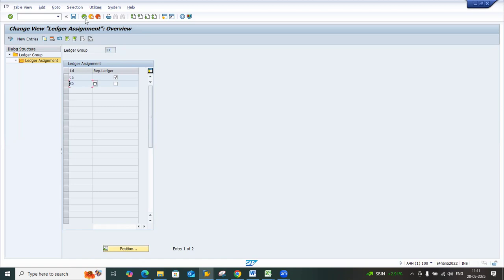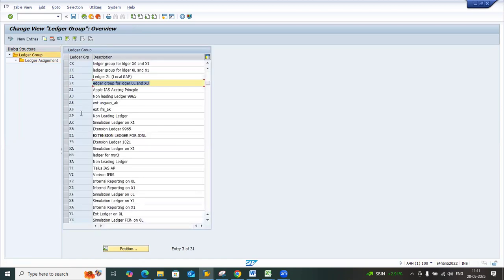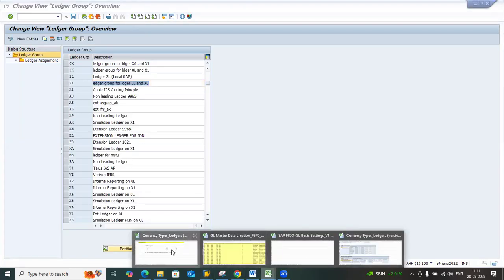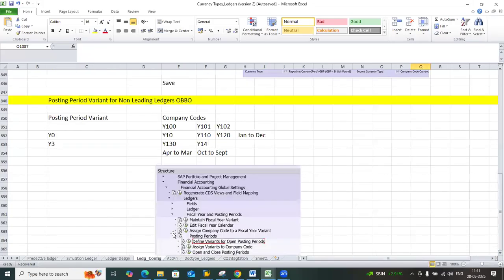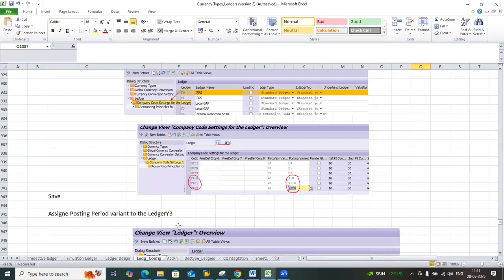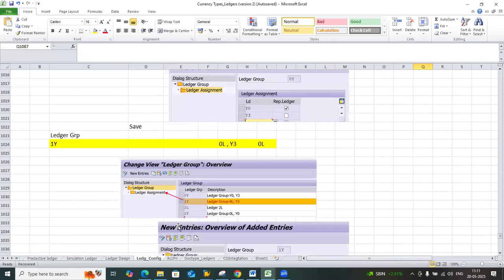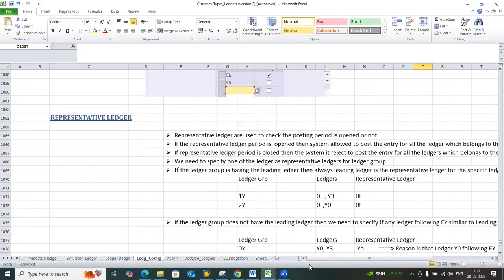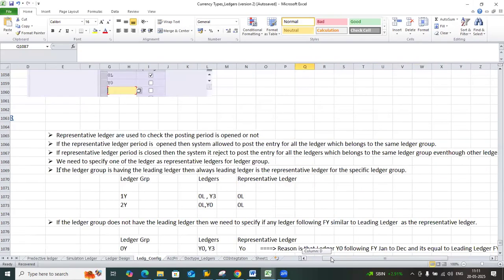Understood, right? Now we'll discuss what is meant by representative ledger. I have given some notes here. Representative ledgers are used to check whether the posting period is open or not. We have created posting periods, right? So in SAP,